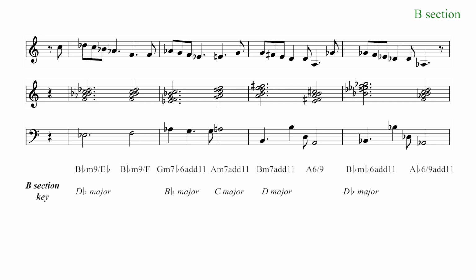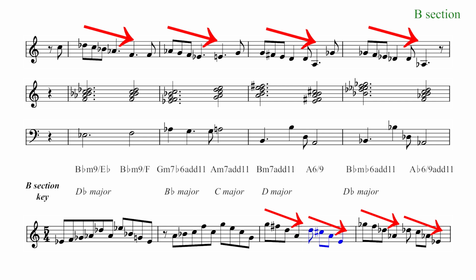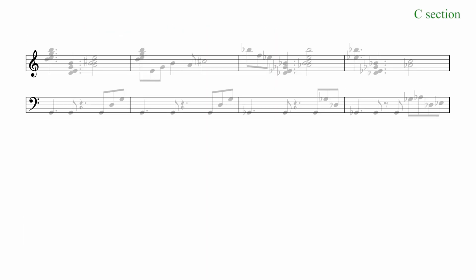Another interesting feature of this section is the vocal melody, which has roughly the same downward melodic shape in each measure. This shape has a strong resemblance to the melody that the piano played in measures 3 and 4 of the A section, albeit lengthened to a full measure, creating a sense of section-to-section consistency. After 2 repetitions, we enter the C section, which is quite distinct from the A and B sections. There are no vocals here, just chord-heavy piano and bass.